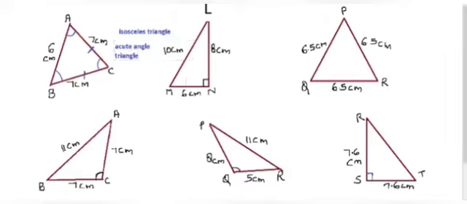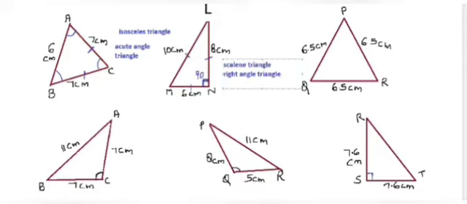We have LMN. Our next triangle is LMN. So here you can see that a square type thing is made. So when this type of thing is made, this is your 90 degree and we call it as right angle triangle. And when here all the sides are unequal, this is 10, this is 8, and this is 6 centimeters. So all the sides are unequal, so we will term it as scalene triangle. So here first thing will be your scalene triangle, and second thing, it will be a right angle triangle due to 90 degree. Then we come on next.